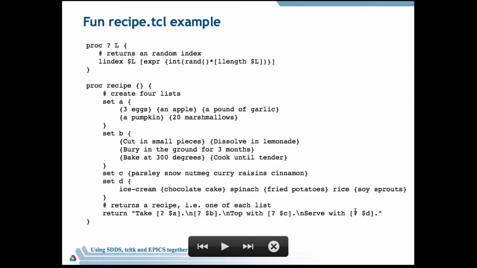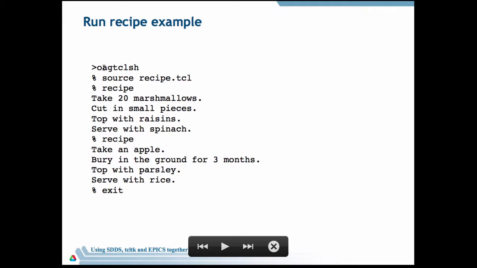So how do you run it? Well, you save all of these lines into a file, recipe.tcl. I use the suffix tcl so I remind myself that it contains Tcl commands. Okay, so we launch a Tcl shell, and you run the command source. It's used in C shell. Just source a file name will simply run anything in there. So we had procedure definitions. The procedure definitions now exist in your current interactive terminal. So call recipe once, and the recipe, if you remember,